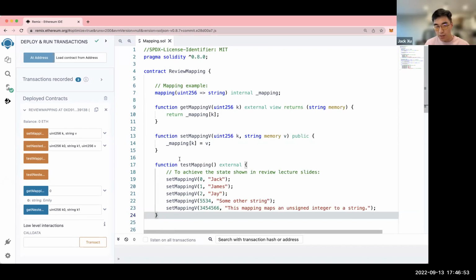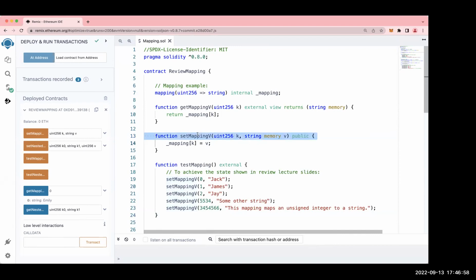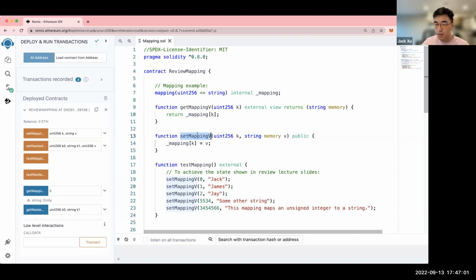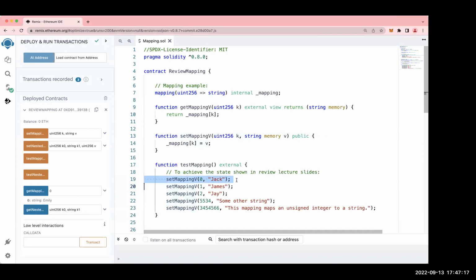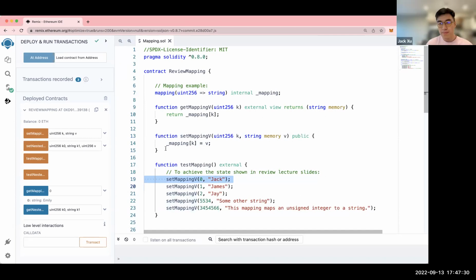I'm defining it here. This is where I'm defining what set mapping V is. Before this it doesn't exist. I'm defining what it is and how it works. And here I'm using what I just defined. So you defined it in lines 13 and 15. Okay, I see, that makes sense. Thank you.